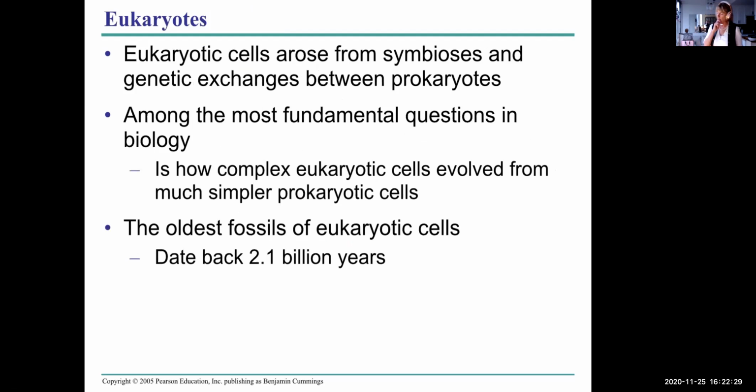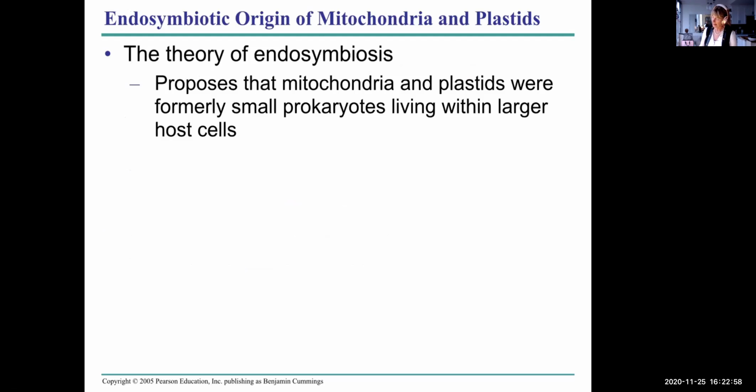So eukaryote cells arose probably from symbioses and genetic exchange between prokaryotes. So prokaryotes definitely preceded eukaryotes by a long way. But that's a big question: how did eukaryote cells evolve from prokaryote cells? The oldest eukaryotes are about 2.1 billion years old. And somebody proposed a theory called the theory of endosymbiosis. The endosymbiont origin due to